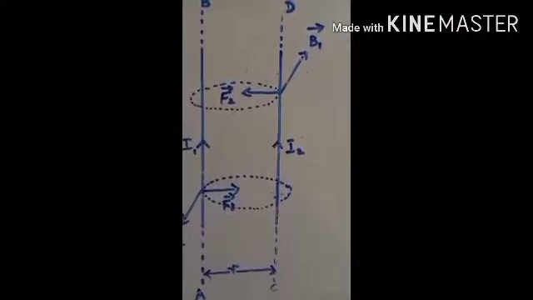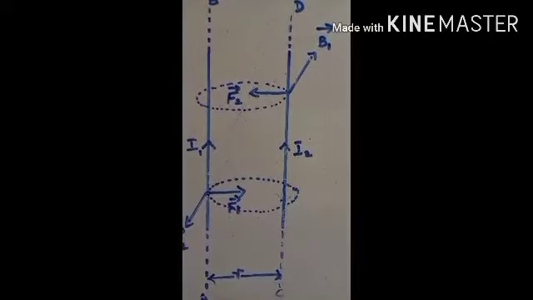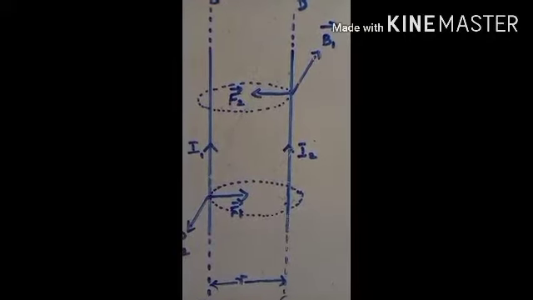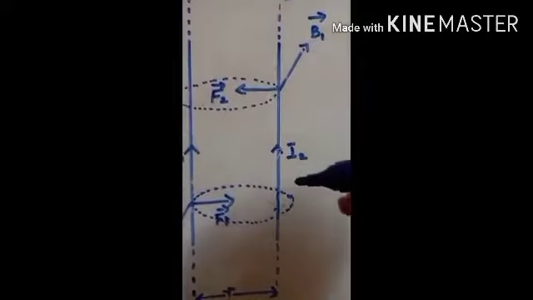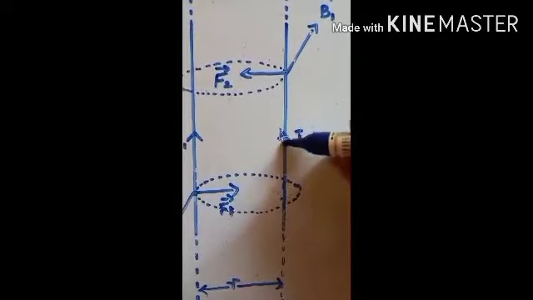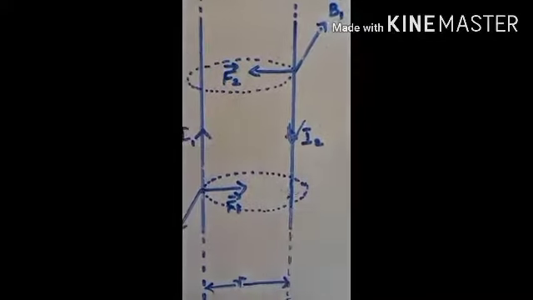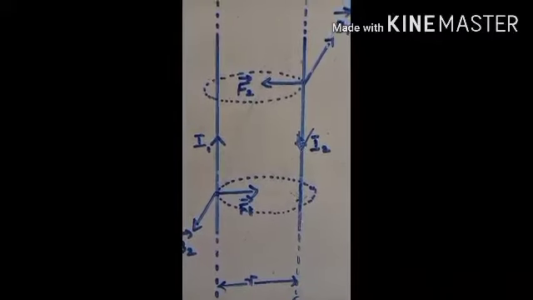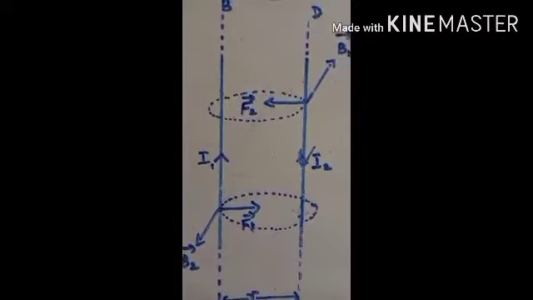Okay. Now children, in the case which we have discussed, the current in both the conductors was flowing in the same direction, no? Now in one conductor, this conductor, suppose the direction of I2 is reversed. You are reversing the direction of I2, only keeping all the other factors the same. Only the direction of current is reversed. Magnitude, everything is the same.